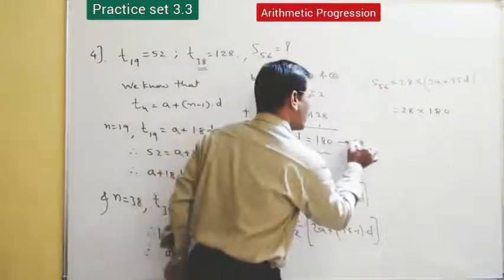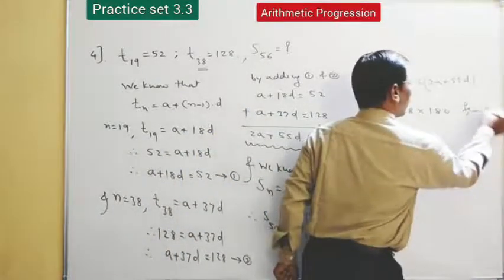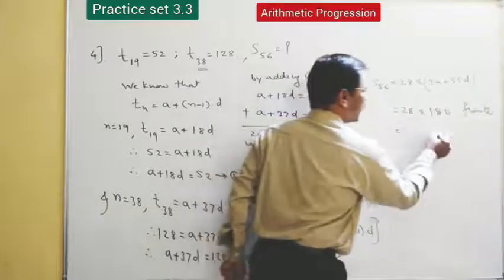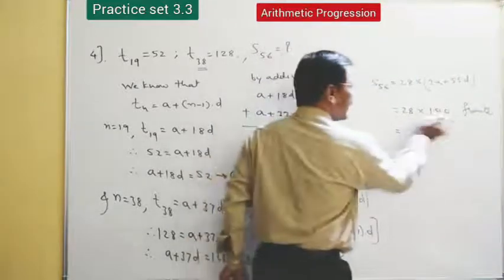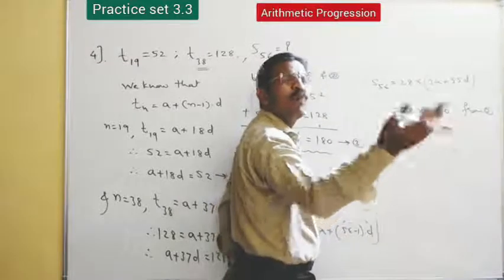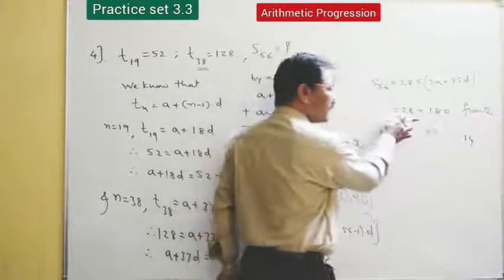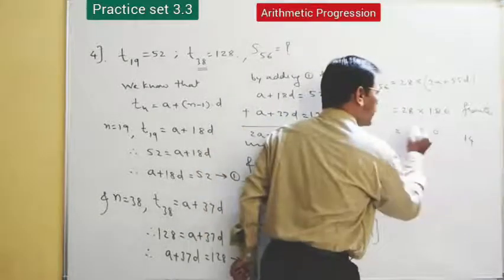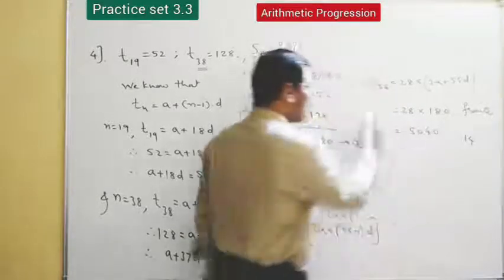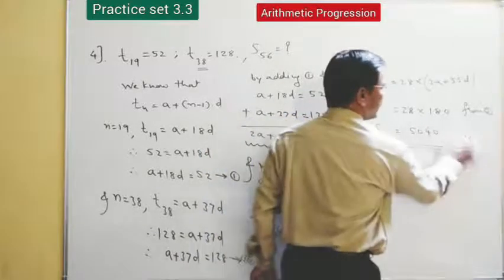Or you may write equation number 3 and you can write now from 3. Okay friends, so now this 0 keep as it is. 18 8s are 144. Okay, keep 14 as it is. So 18 to the 36 plus 14, that is 50. So this is what? S56. Like this we can simplify.